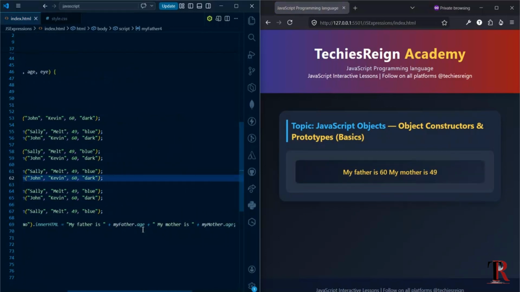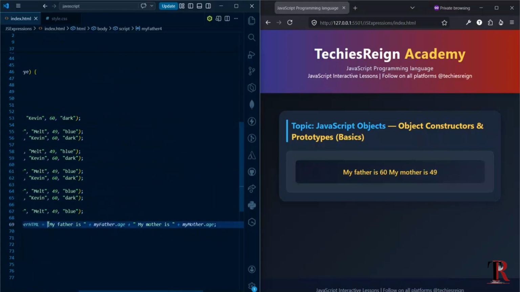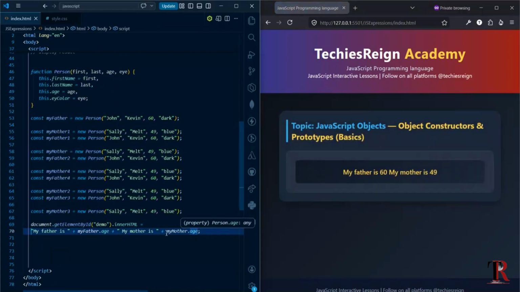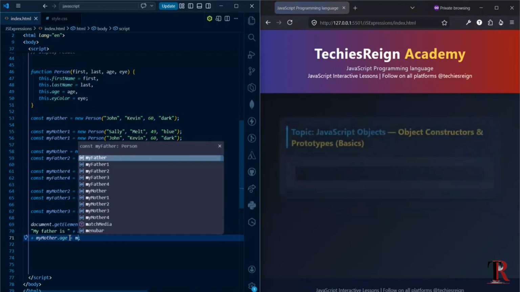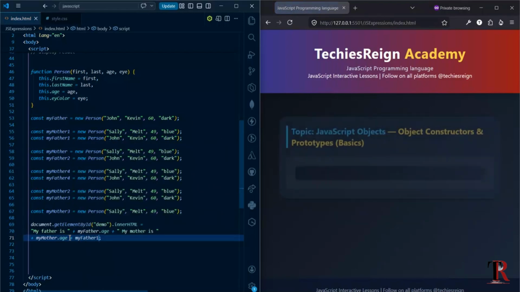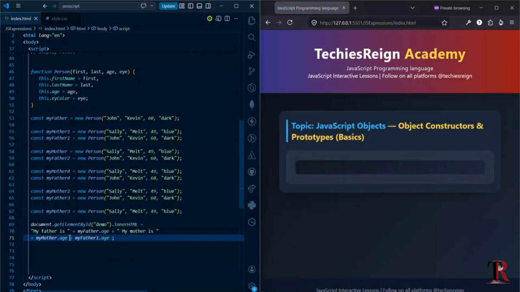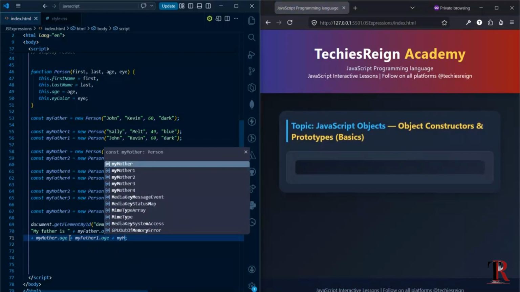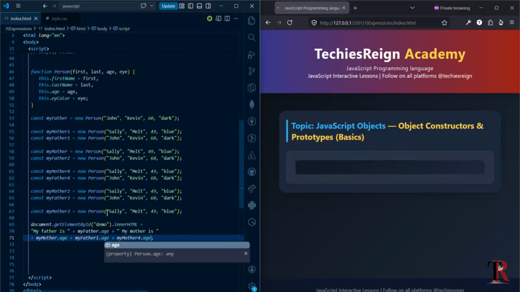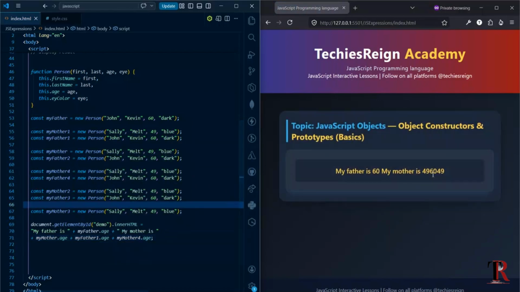But then it simply means that I just need to add them. So once I start adding them here and say my mother's age, and I do something like this to let you know that this was my father1.age plus my mother4.age. And look at it. It's showing their ages together because I didn't add a space. That's why you are not seeing it properly. So if I add a space,